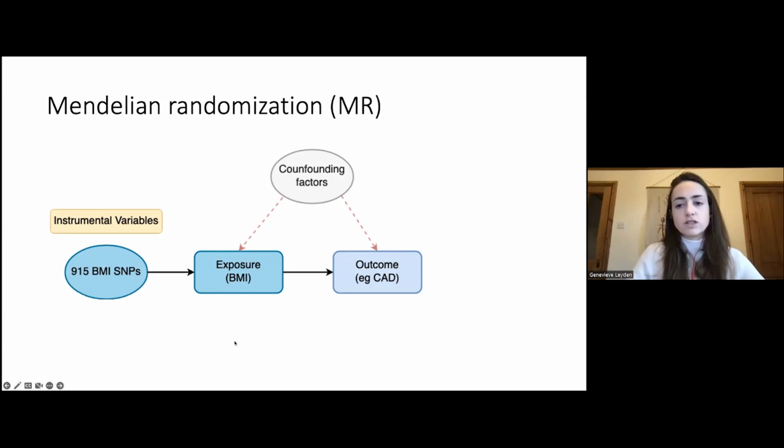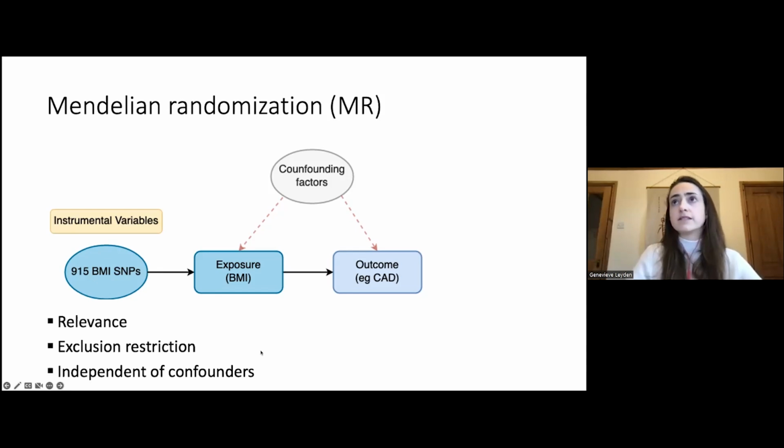It's based on three key assumptions, which are similar to instrumental variable analysis. The first is a relevance assumption, and that is that the instrument is reliably associated with the exposure. Second is exclusion restriction, so the assumption that the variant only influences the outcome through the exposure. And lastly, that the instrument is independent of confounders. The first of these is the only one you can reliably test. However, the characteristics of genetic variants mean that they make really good instrumental variables. Your allocation to your genotype is random. So you have a 50-50 probability as your chance of which allele you receive from either parent.